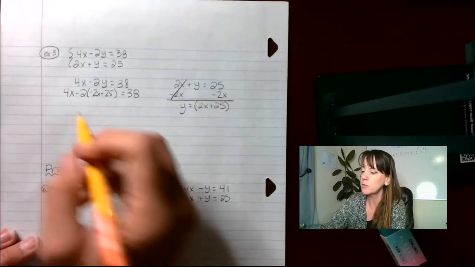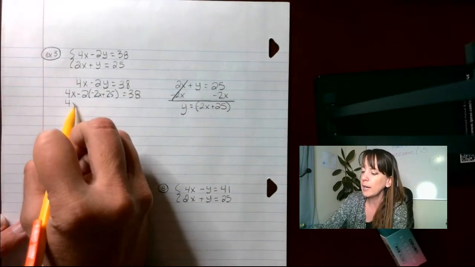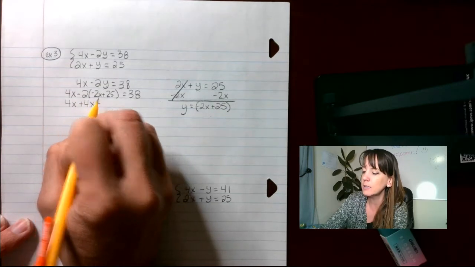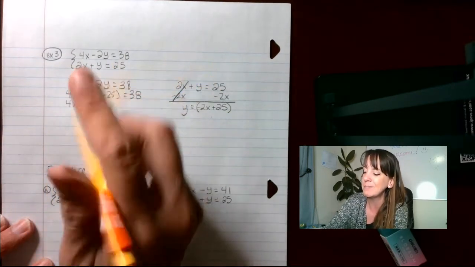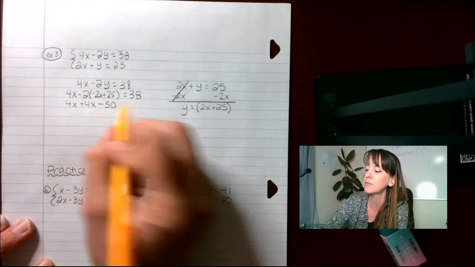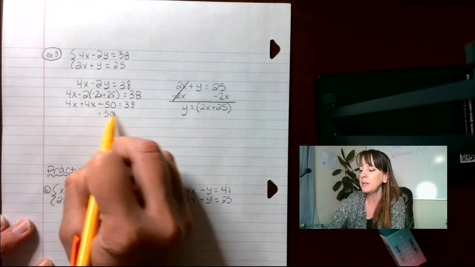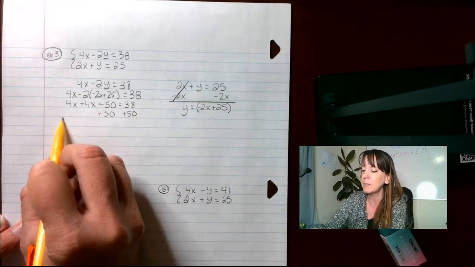Sometimes I don't leave my garbage can enough room. So 4x, and then negative 2 is positive 4x plus, oops, negative 2 times 25 is minus 50. I always forget to distribute. It's 38. So I'm going to add 50 to both sides, and at the same time,